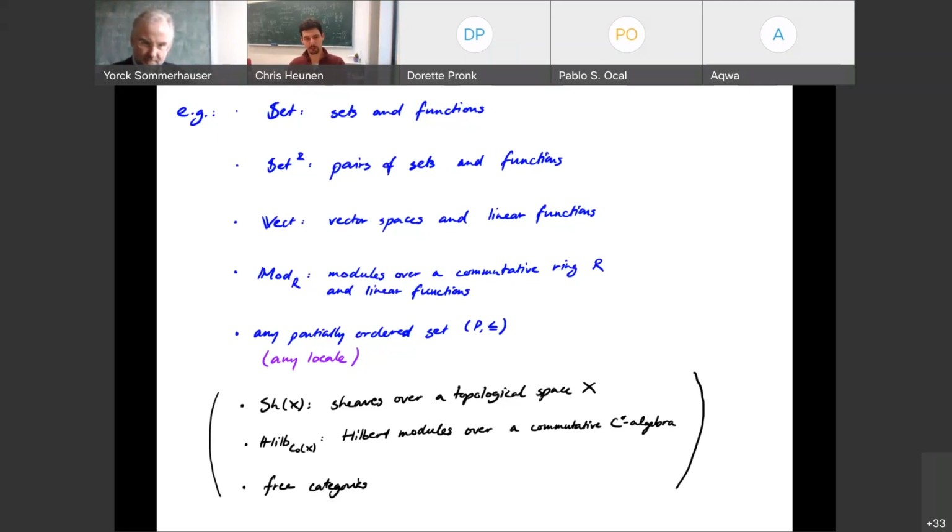Another similar example is vector spaces, maybe of some fixed maximum dimension, where the objects are vector spaces and a map from one vector space to another is a linear function. Again, that's a simple example in a precise sense that we'll see later. A less simple example is if you take not just vector spaces over some fixed base field, but instead of a base field, you take a fixed base commutative ring. And now you take as objects a module over that ring, right or left doesn't really matter. And a map between two modules is going to be a linear function.